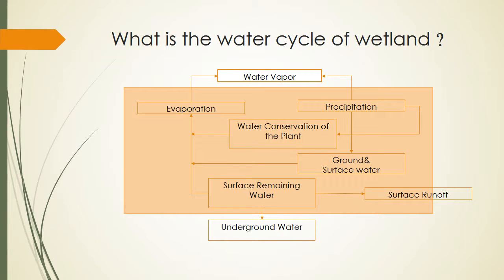At first, we will talk about some information about what the water cycle of the wetland is. We know the water cycle of the wetland is divided into the precipitation, redistribution by the wetland plants, the forming process of the wetland runoff, and the evaporation process of the wetland. So we find that there is a complex water cycle of the wetland between the precipitation, surface water, and underground water.